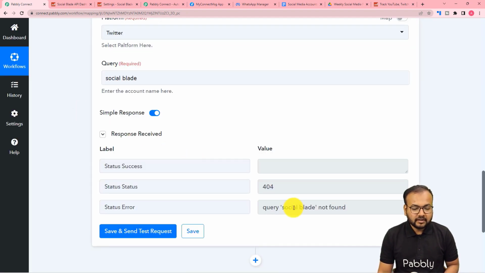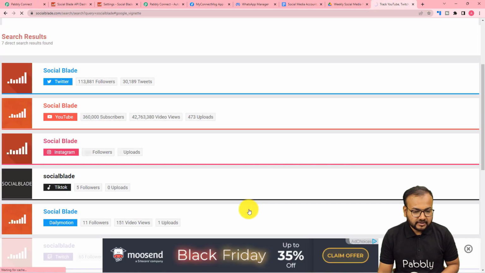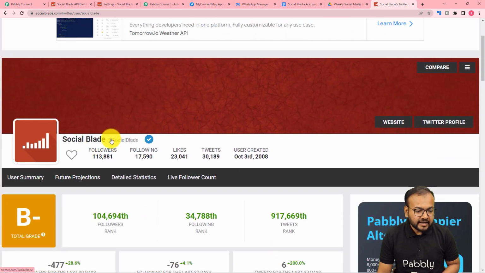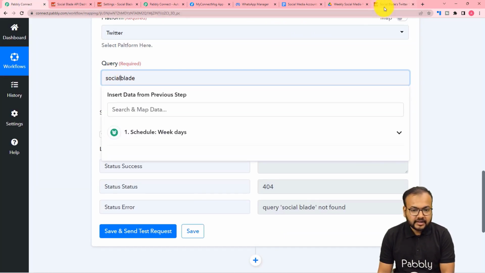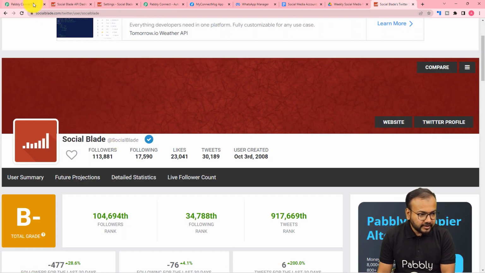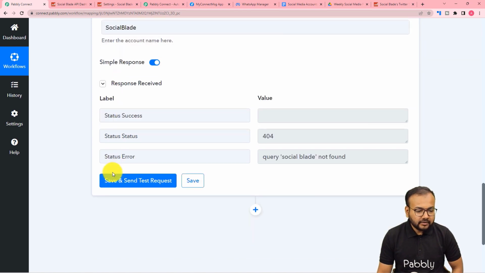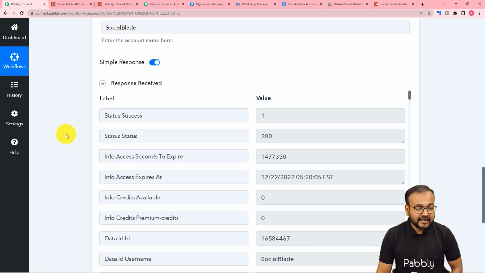Okay, so it is showing an error, Social Blade not found. So let me check the username from Social Blade. All right, so actually it is @Social Blade. This is the username. So I'm going to put it here without any spaces, exactly as it is. Okay, let me put it like this, Social Blade. Okay, now click on save and send test request, and here, guys, we got the statistics collected